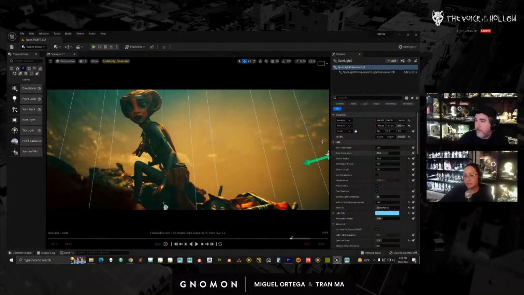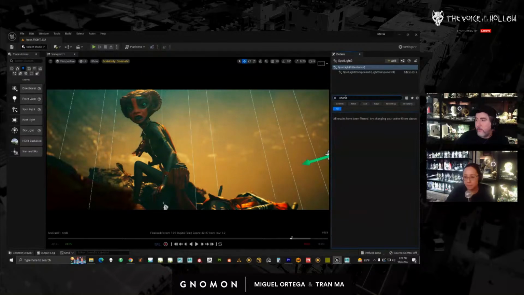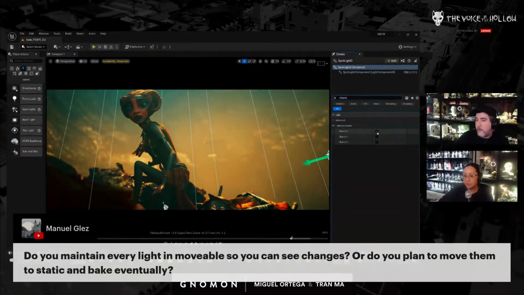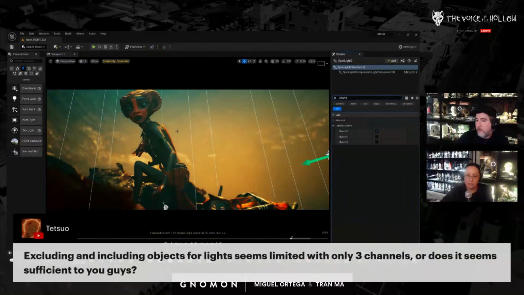Yeah, there's channels. So I have a spotlight selected right here, spotlight 3. You can type in channels, right? And you could set models to specific channels. Everything by default is at channel 0. And if we look at the character here, she's also channel 0.